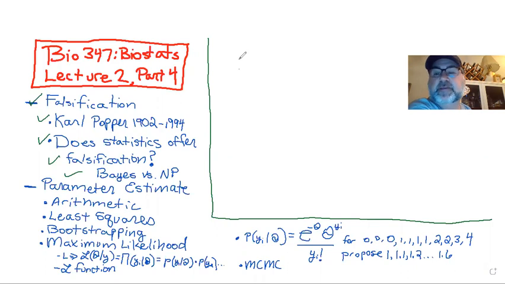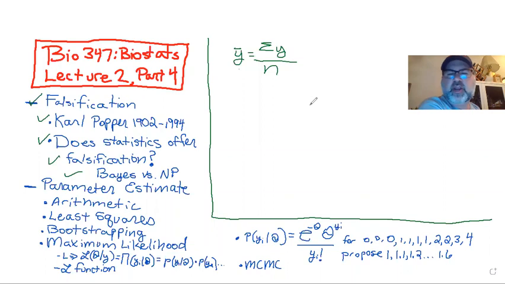In some simple cases, like a mean, you can use the arithmetic mean, right? So for example, that's calculated by the sum of y's divided by n. So we just add up all our observations and divide by the number of observations. It's one way to get the mean. There's only a few parameters you would just plug in and play like this.